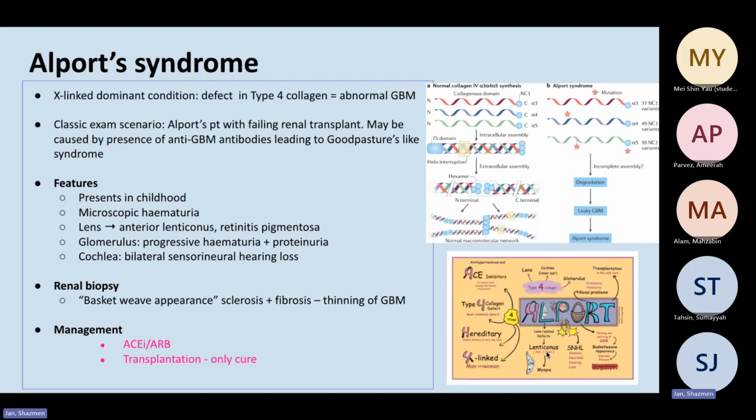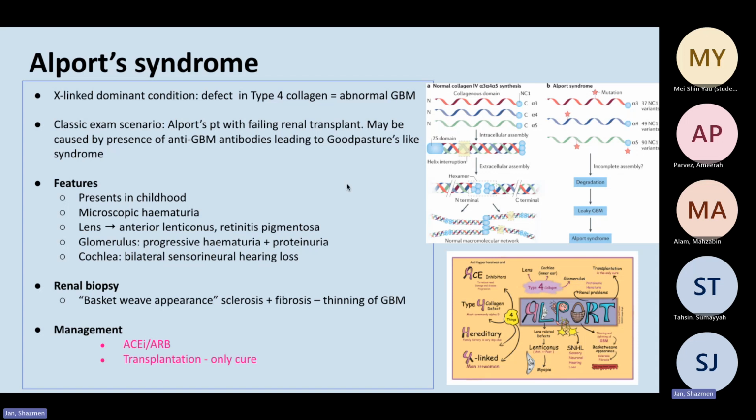Okay, so finally, I'm going to be going through Alport syndrome. So this is an inherited X-linked dominant condition in which you have a defect in type 4 collagen, and as a result, the glomerular basement membrane is abnormal. So if you see here, as I said, type 4 collagen has 3 helical strands, and the mutation can occur anywhere along this, and it will lead to an abnormal